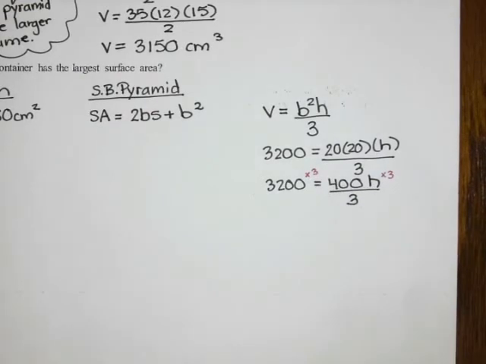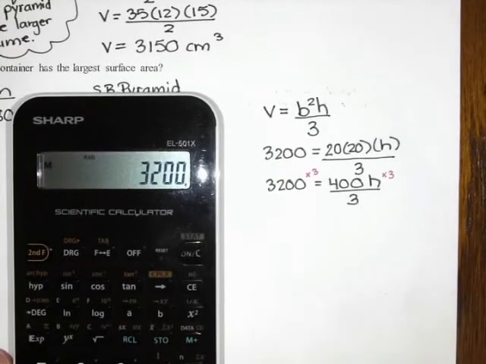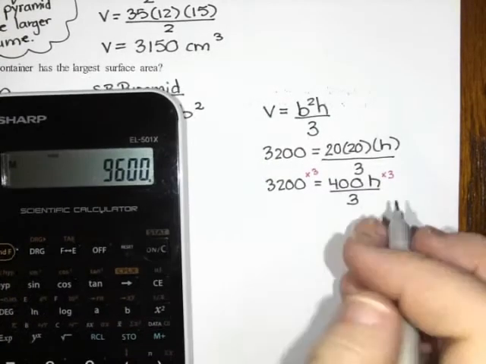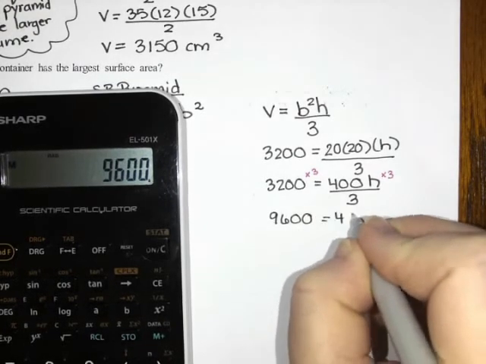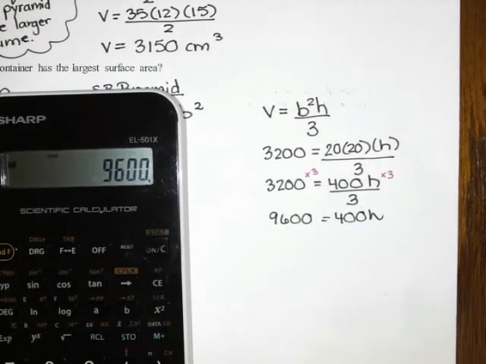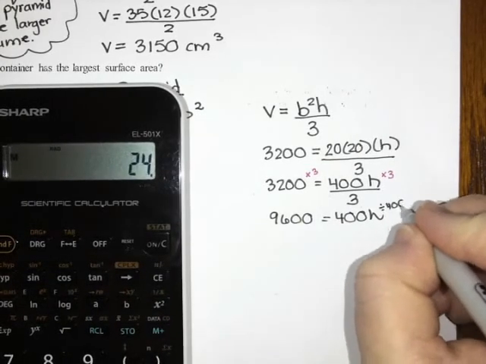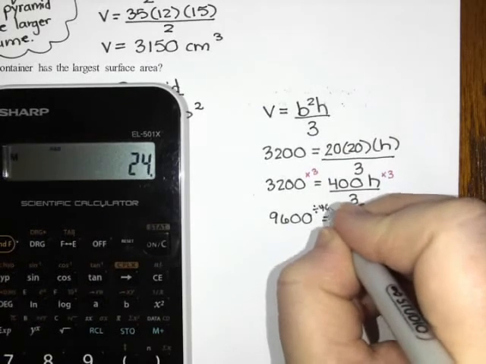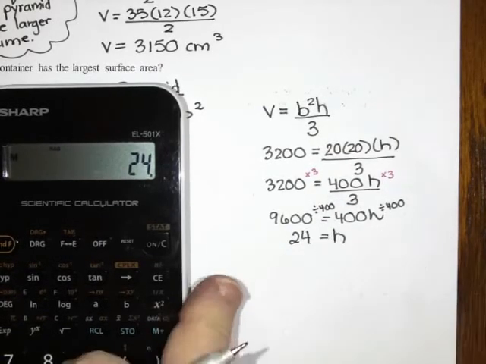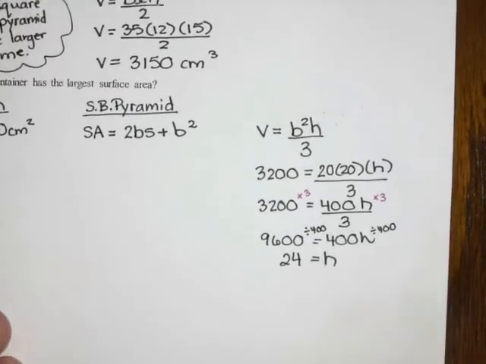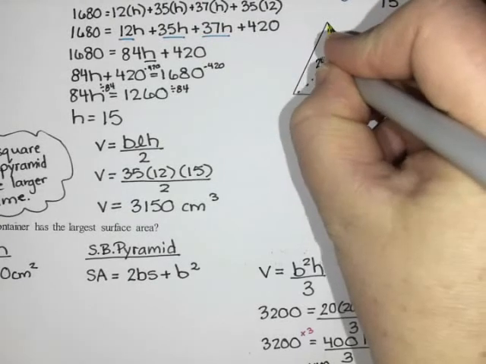It'll give you the same idea. So 3,200 times 3 is 9,600. And if I divide that by 400, I get 24. So what that means is that in our square-based pyramid, the height on the inside is 24,